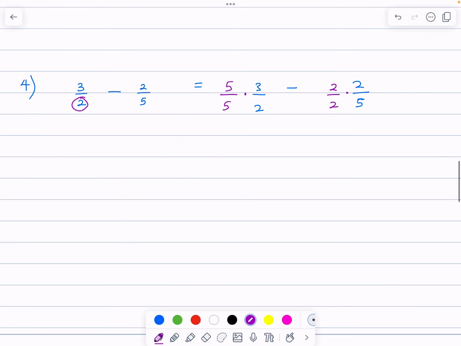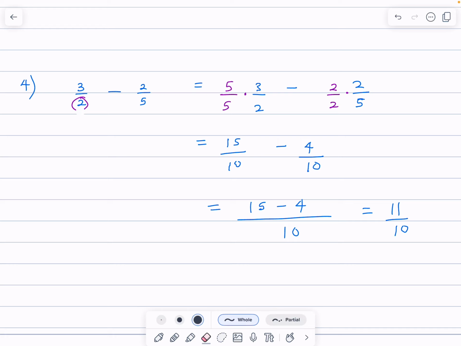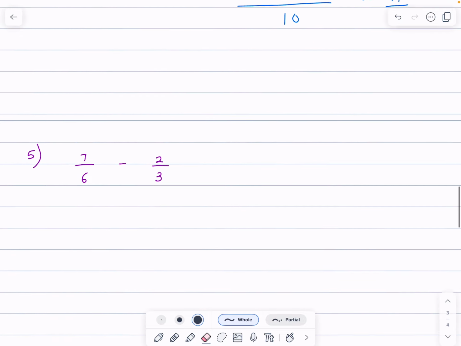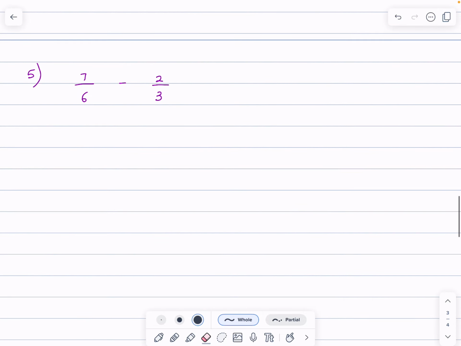Now, what I'm going to do, I'm just going to multiply now. So this is just going to be equal to 15 over 10 minus 4 over 10. And then this is just going to be equal to, so I just draw a big bar. This 10, and I have 15 minus 4, and this is what? 11 over 10. And that's it. That's it. I hope this helps. Okay, then the last problem, which is